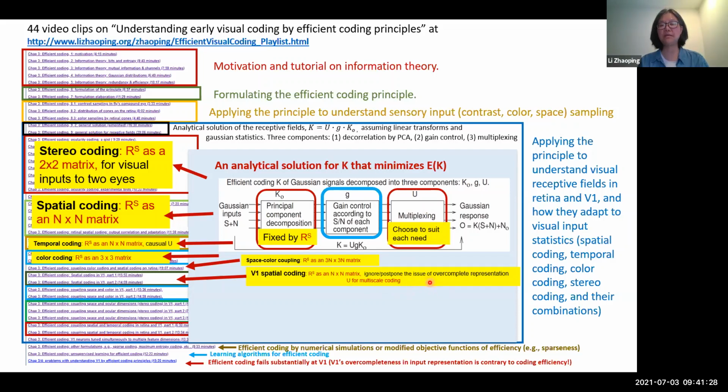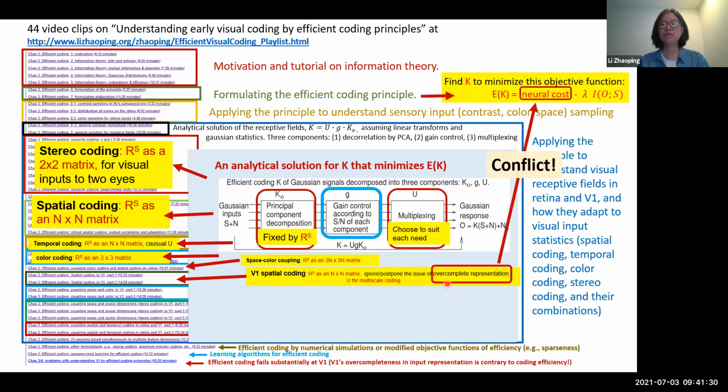However, we have a big monster here. Okay, what is the monster? V1 turns out is over complete representation. And this over complete representation is in conflict with efficient coding because V1 has 100 times as many neurons as retina. So the cost dramatically increased. So this is a little bit of a problem there, and we currently just march on. March on, first of all, temporarily ignoring and postponing this issue for later. So pretend that V1 doesn't have 100 times as many neurons, just as if it's not the case, and